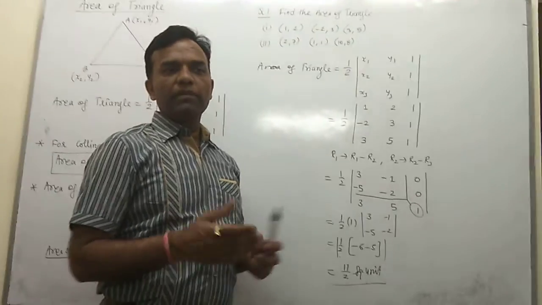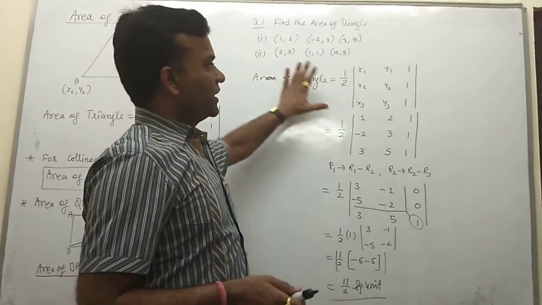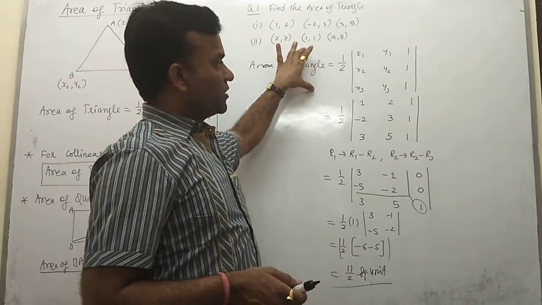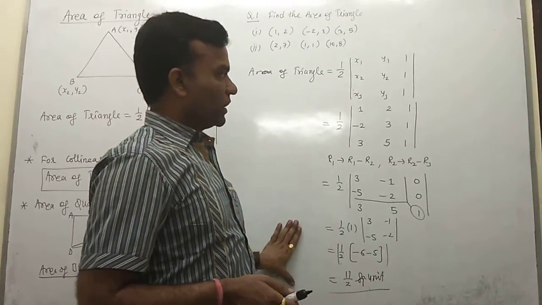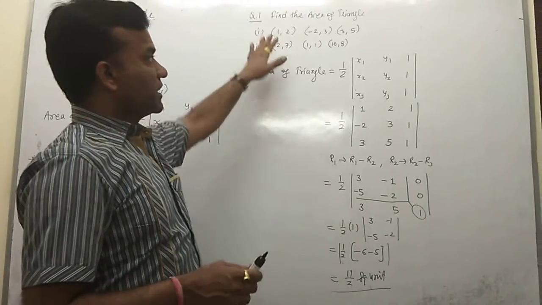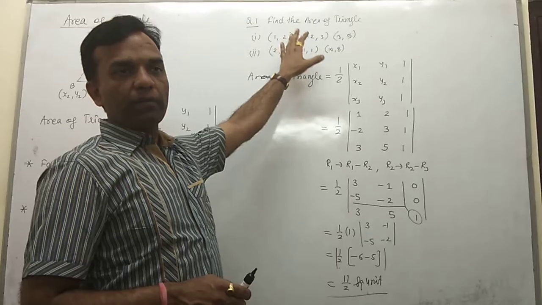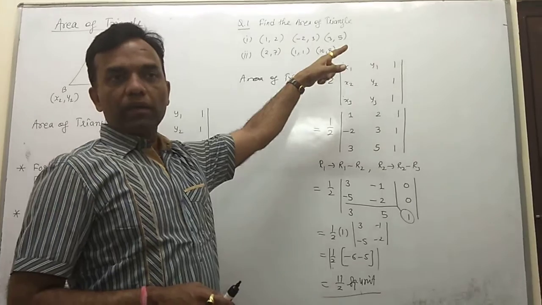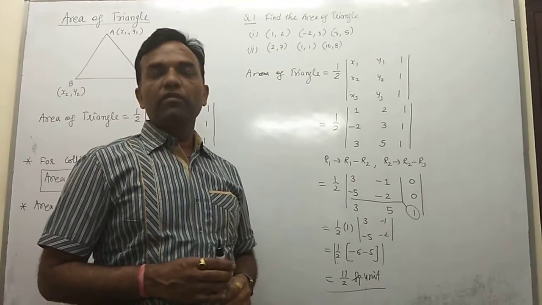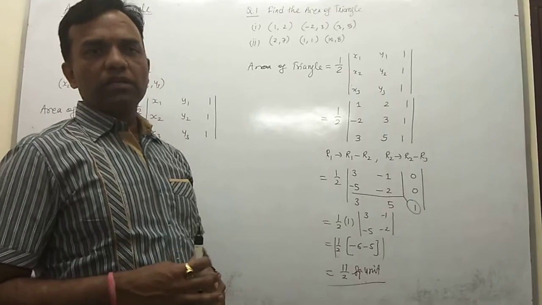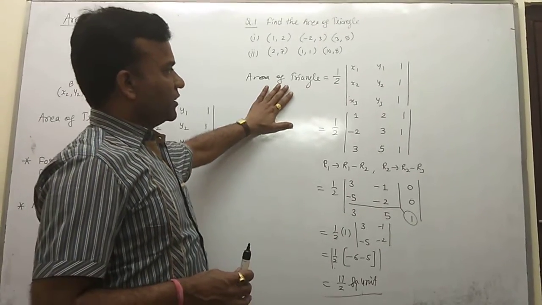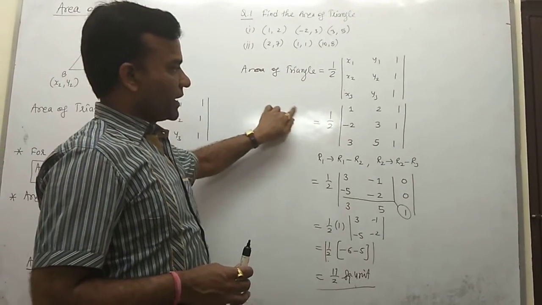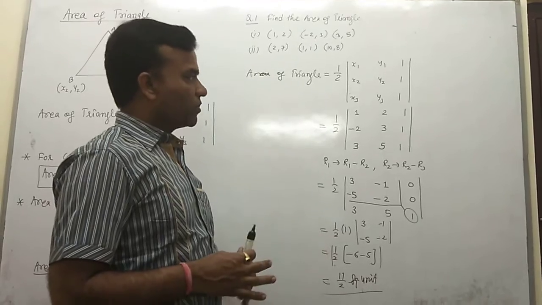You may have any type of element in your questions. One thing is important here: your formula is very important. If you apply the formula and try it this way, it works. Maybe, if some unknown term is given inside a coordinate pair, like here you have 1 and 2 and suppose given is 1 and a, and these points are collinear and you find the value of a, then there is no big change. You only substitute this formula, this concept as it is, and in place of the area of the triangle you put 0 and calculate the value, and you get the answer.